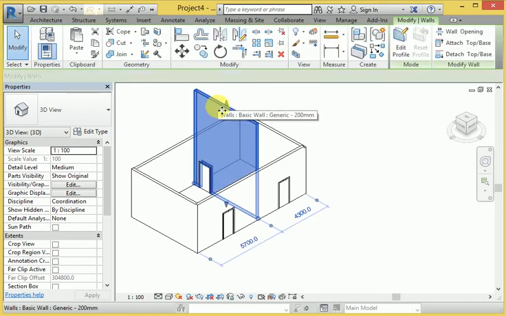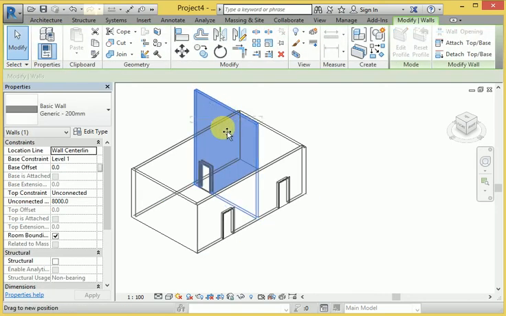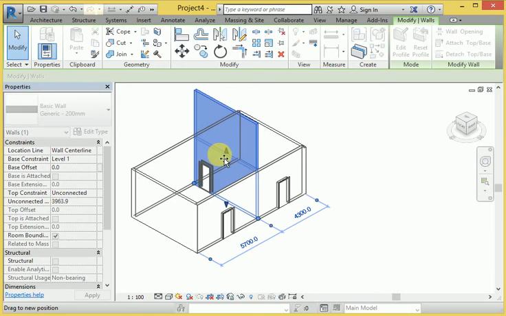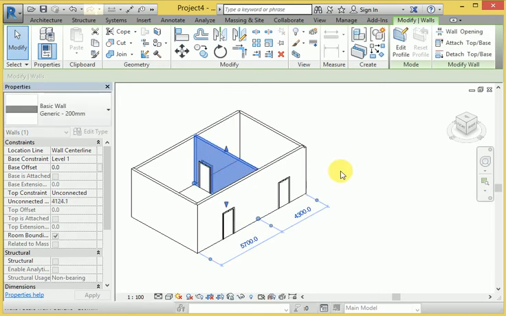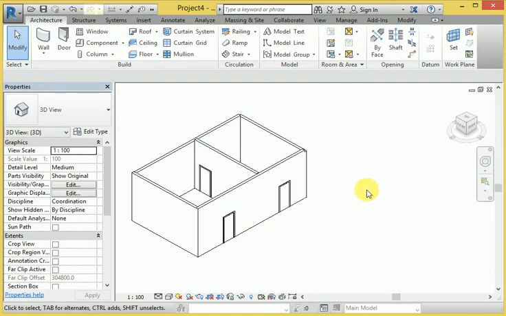So click this wall and compress some distance. Here you can see that this is very easy, to connect a door anywhere.